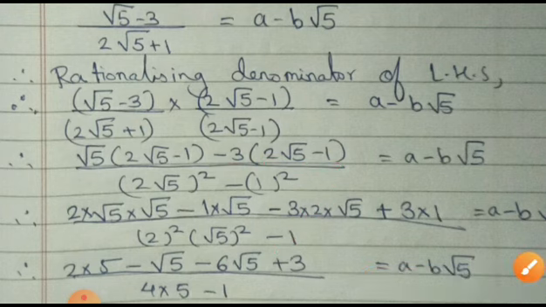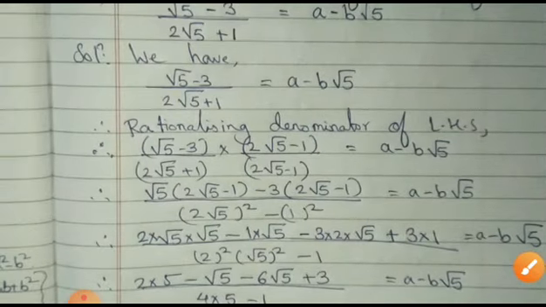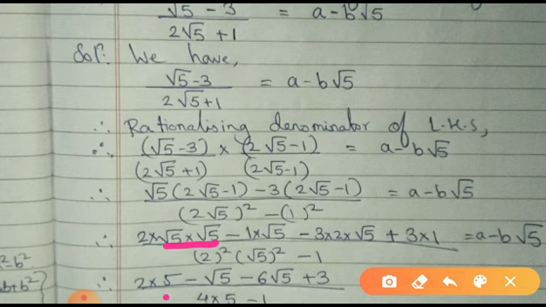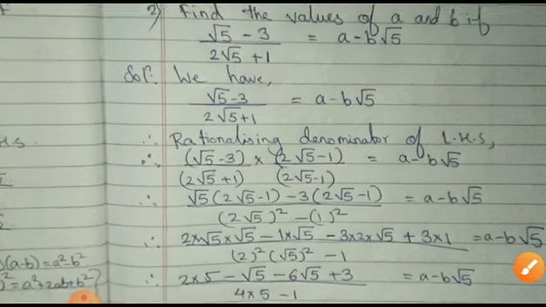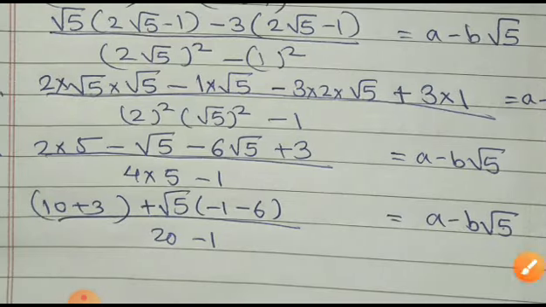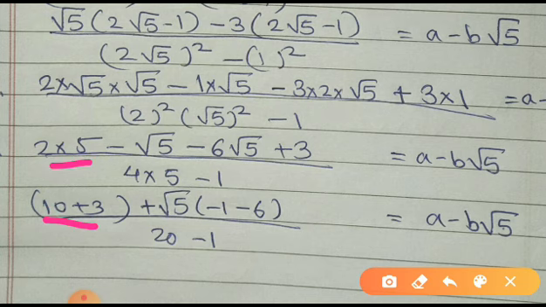Okay. And that is same as A minus B root 5. Clear? So root 5 into root 5 is 5. Then I'll be getting here minus root 5 minus 6 root 5 plus 3, divided by 2 square is 4, root 5 square is 5, and minus 1. Okay, after simplification, it is 10 plus 3, I am taking the like terms together, plus root 5 into